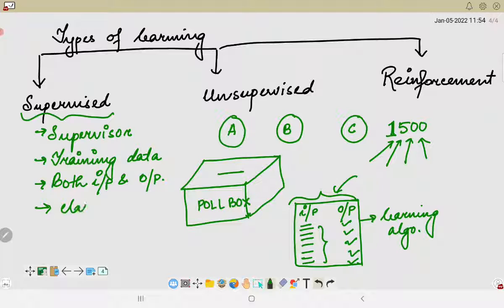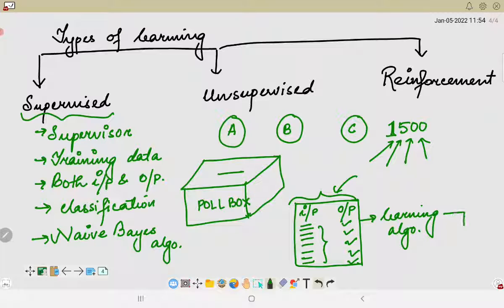Okay, so it will be able to perform classification, and there are several classifiers or several algorithms, like naive bayes is one of them. So this naive bayes algorithm will be trying to classify this particular input and output and build a model of the same. So once this model has been generated, any new input from the poll box, whenever this actual counting begins,